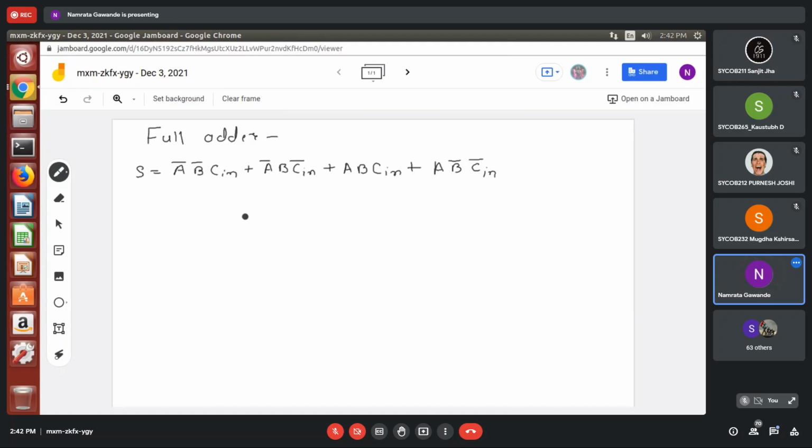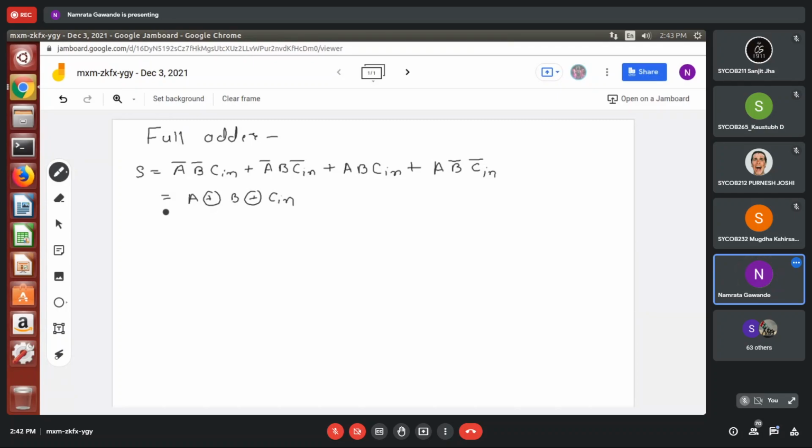Okay, this is the equation. Based on that, you have done it using the XOR gate, right? A XOR B XOR C in, right?